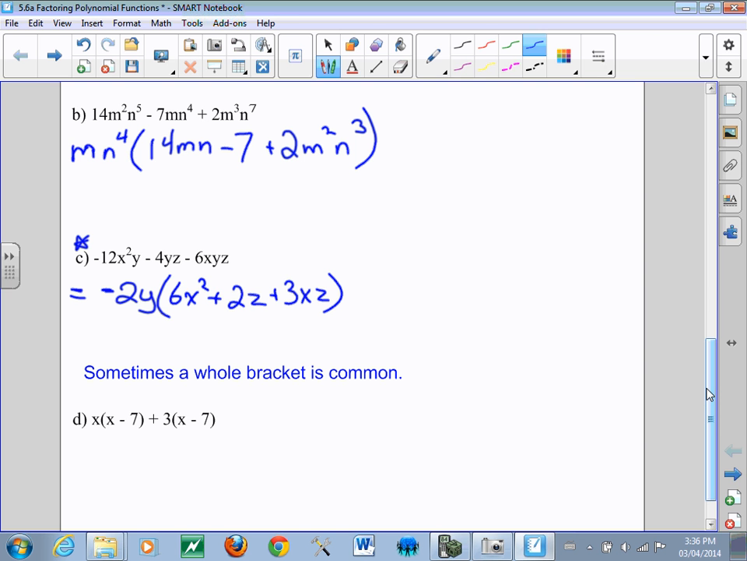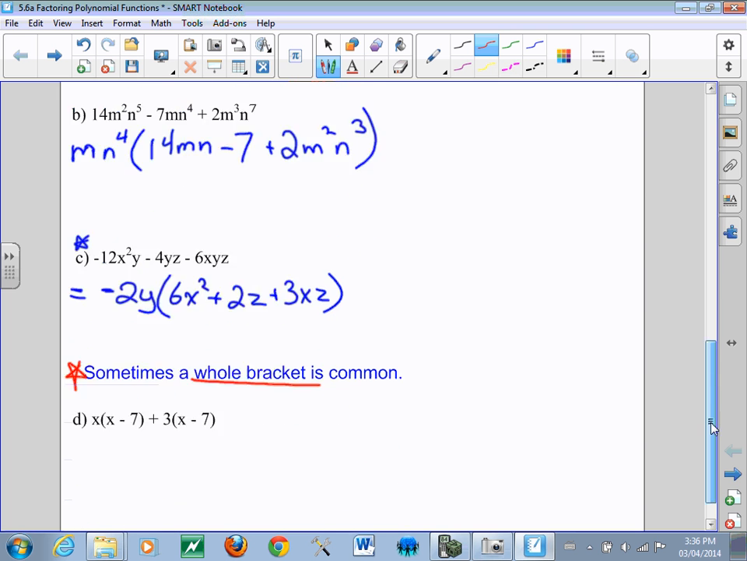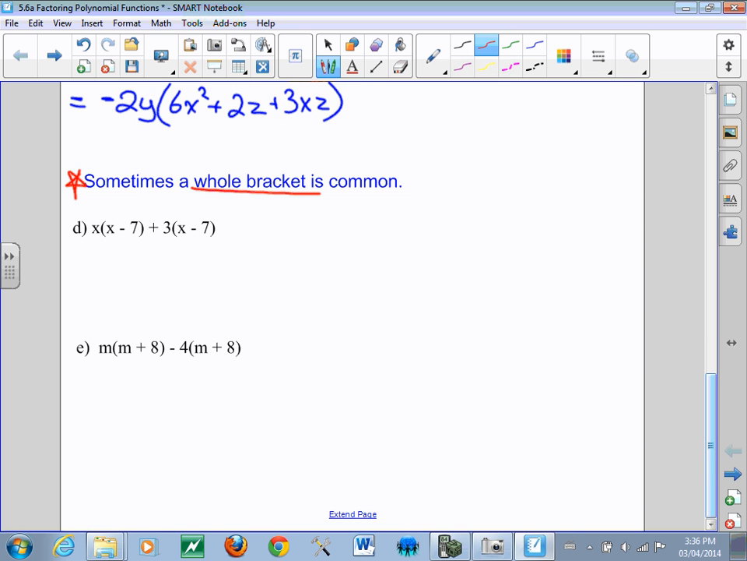All right. Now we have to take a look at another type of common factoring. Sometimes a whole bracket is common. Taking a look at D, for example, notice that x plus 7, it's actually a binomial in this case, is common. So you put that out first, and then you take the leftovers, which are really the products, and